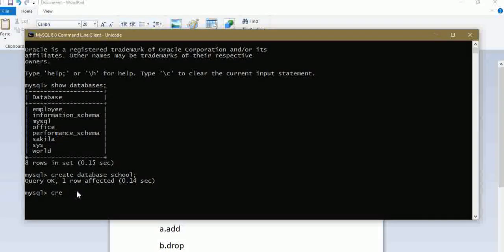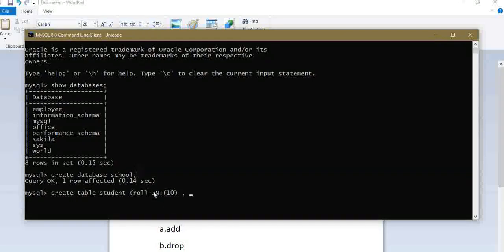First create table, the name of the table, it's not school, it's student. Then the parameters, the fields: first is roll, and it is of type integer, having size 10.